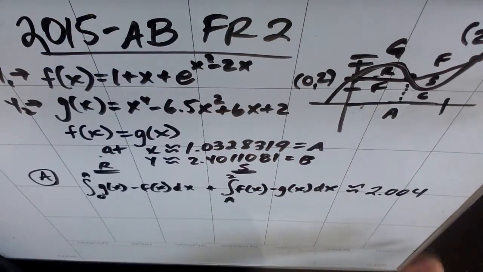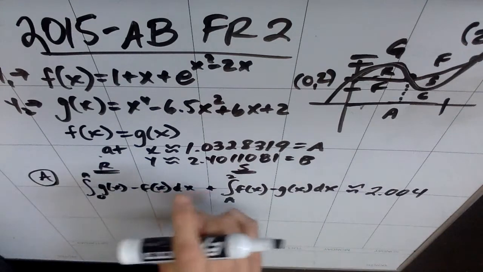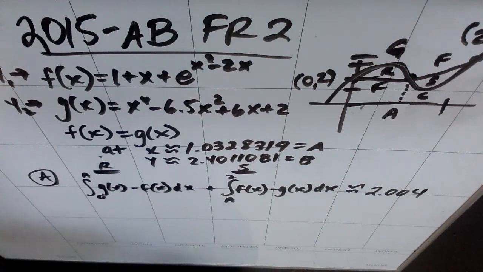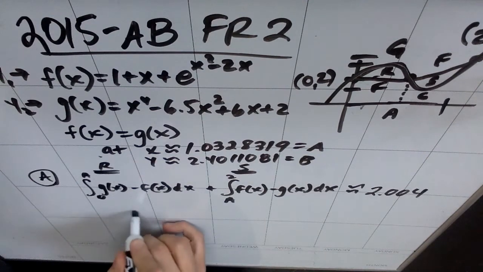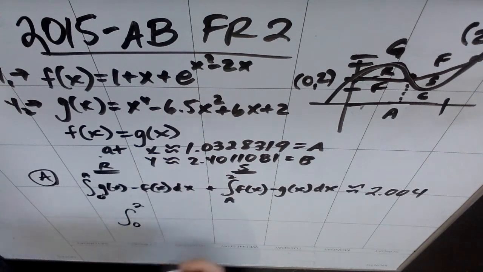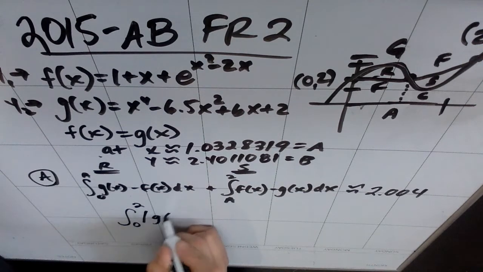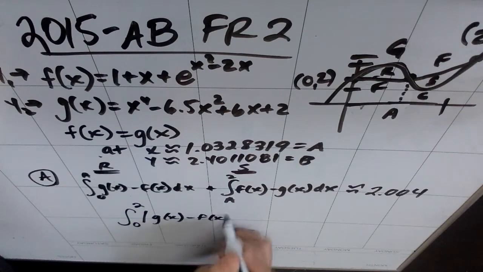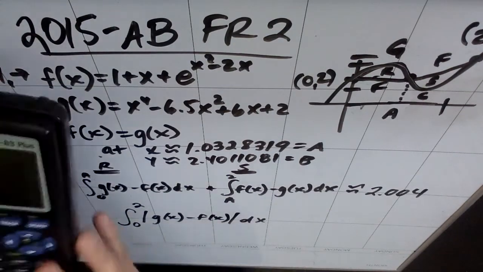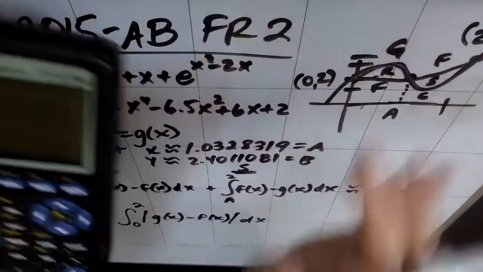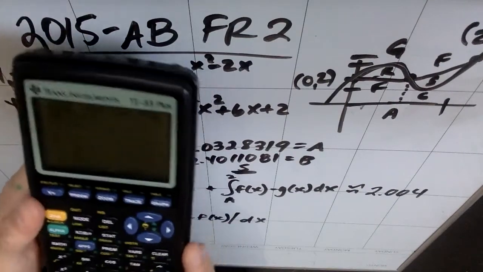Now when I mentioned you could probably do part A without finding this intersection of A and B, it was true. My argument is that if you don't care which one of these is on top, you could just do one minus the other inside an absolute value and integrate from 0 to 2. So my hypothesis is that I could integrate from 0 to 2 of the absolute value of g of x minus f of x, and that should give me the same answer, right? So if I chose to do that, I would do math 9,